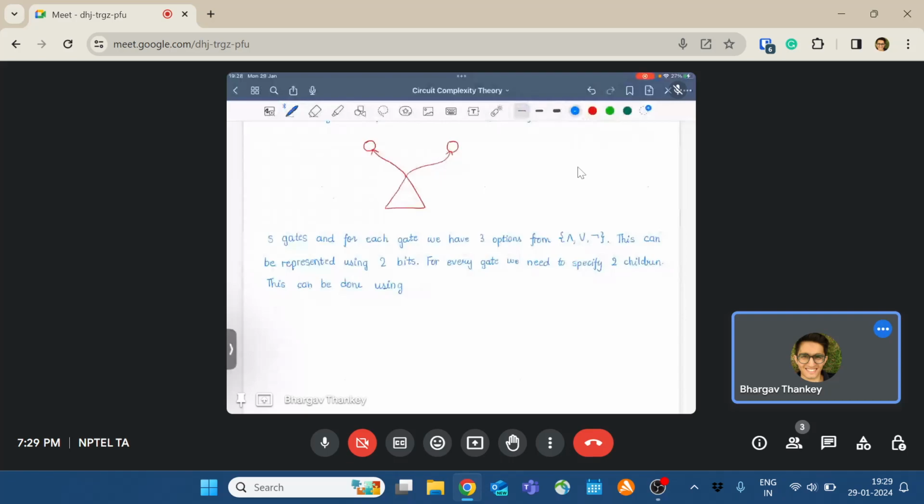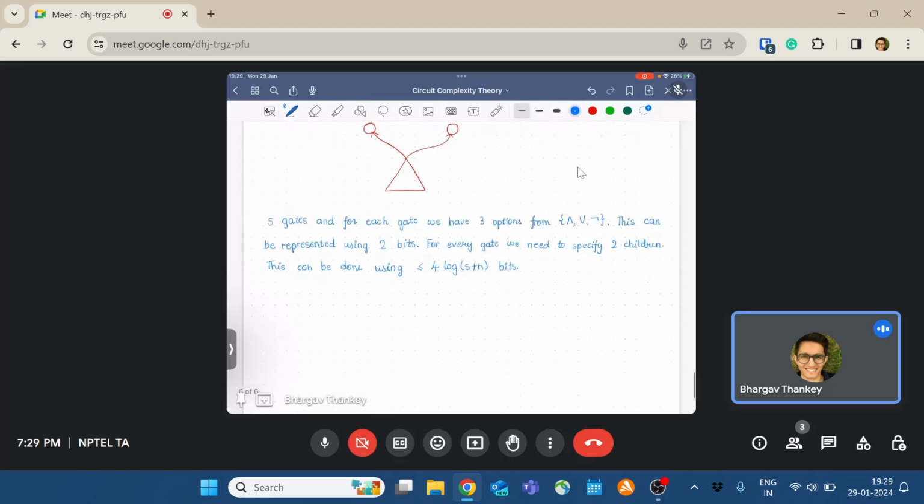Why can we do this using at most two times log of s plus n bits? Because there are s gates and n inputs, so in total there are s plus n many options, and we can just use a string to index the appropriate gate. That would need at most two log bits. Since there are two children, it would require four log bits, right? Yes. Okay, so we can represent a circuit